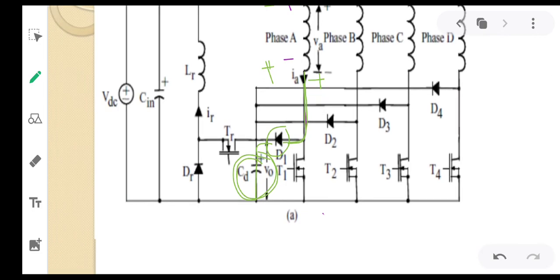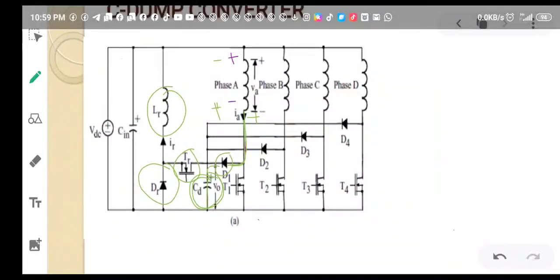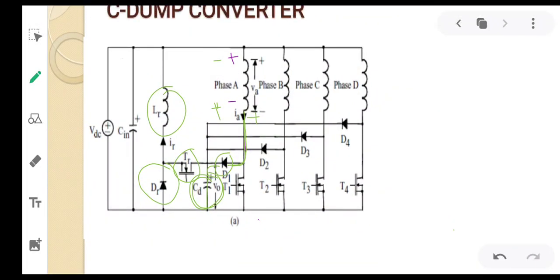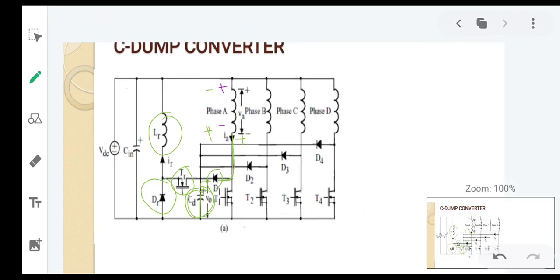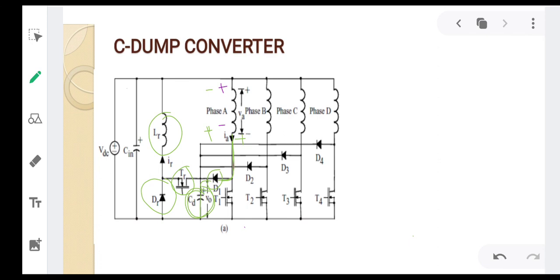How? That is done with the help of this chopper. This LR-DR-TR is nothing but a chopper. So the chopper circuit consists of TR, LR and DR, and with the help of the chopper it can be given back to the DC source. So this is the power